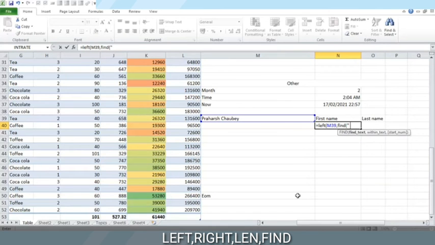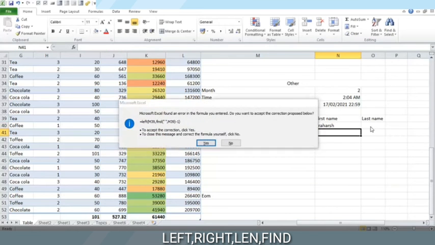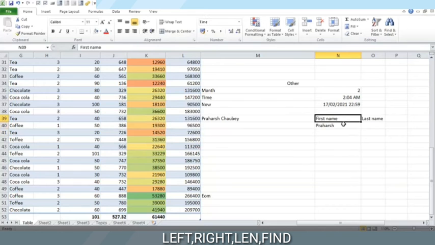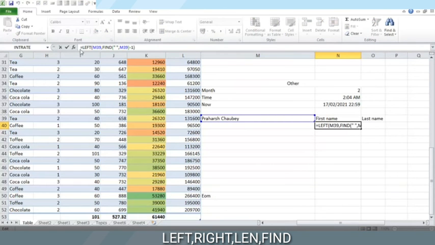We find a given text which we defined here within this text here. We are starting from the first position. We don't need this option. Now this will give us position 9, but the first name will end 1 before the blank. So we need to get it subtracted by 1, and we subtract 1 and I used a bracket at the end. This is how I found the first name.